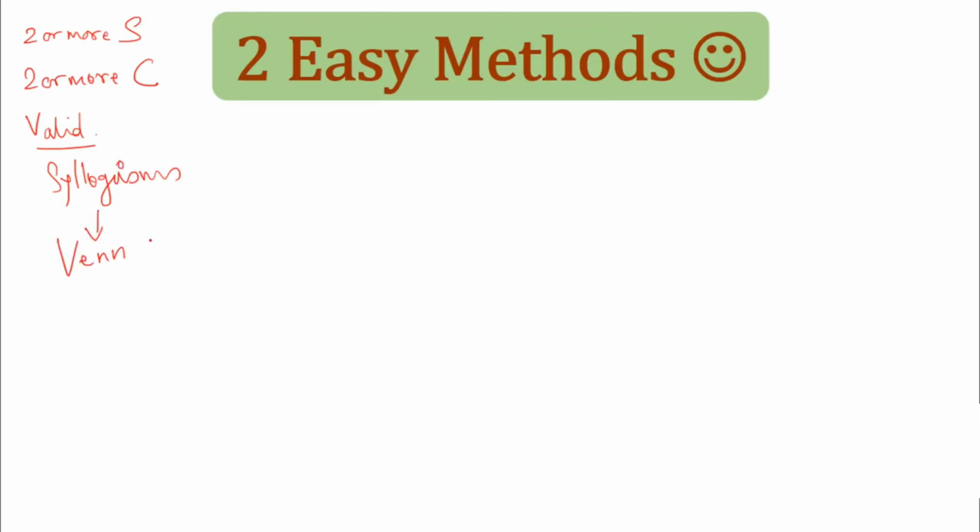method. Now, many of you might not know what exactly a Venn diagram is. I'll explain it to you, so don't worry. Just remember right now that traditionally, most syllogism questions can be solved using Venn diagrams. But today we are going to see two methods. One of them is the Venn diagram. Another method is very easy and will help you solve questions related to syllogisms. So the first method is the Venn diagram, which we are going to see. The second method is nothing but the income expense method.